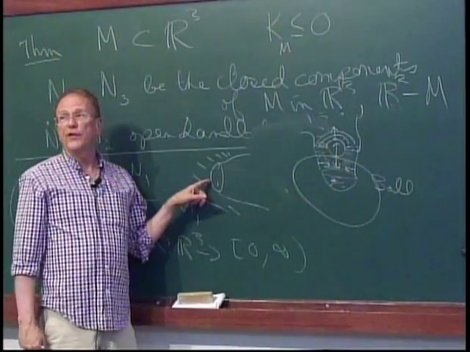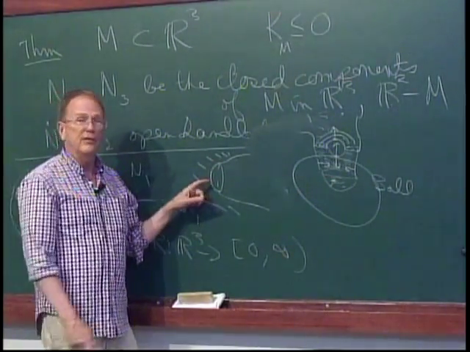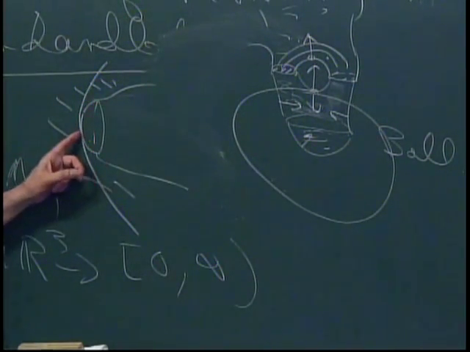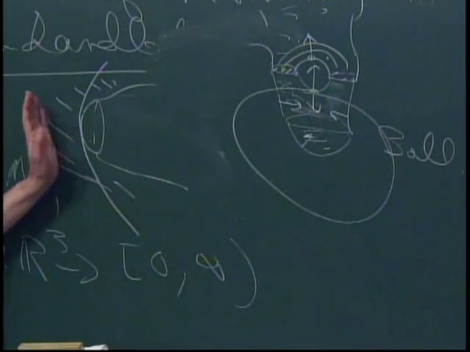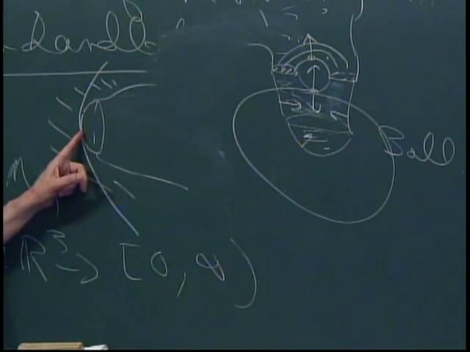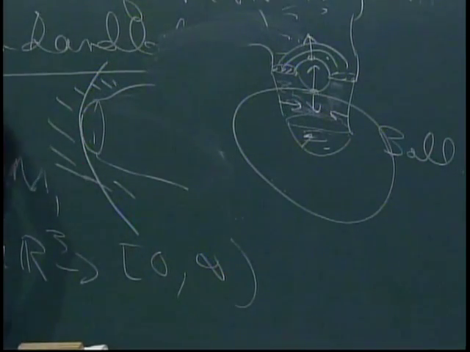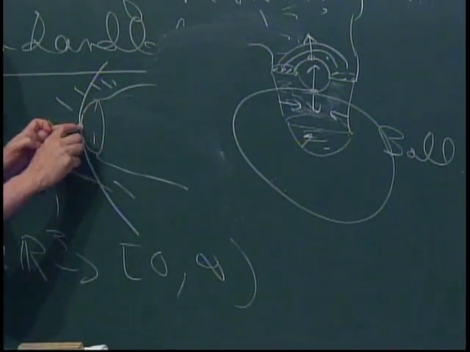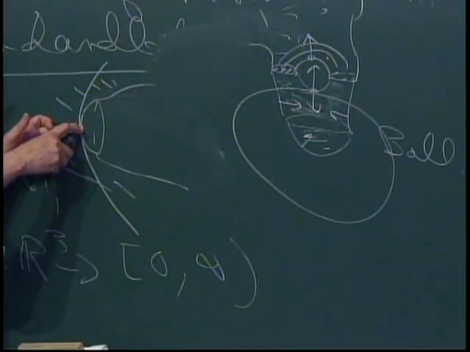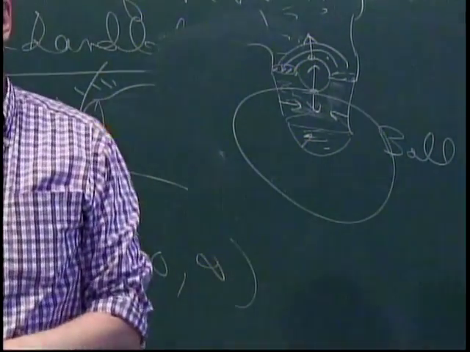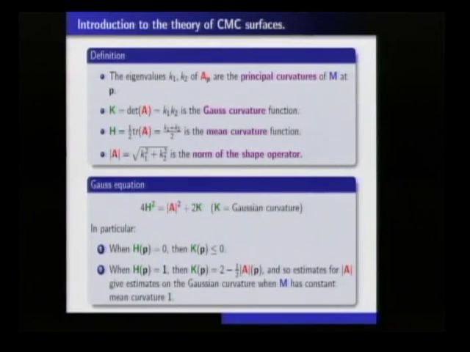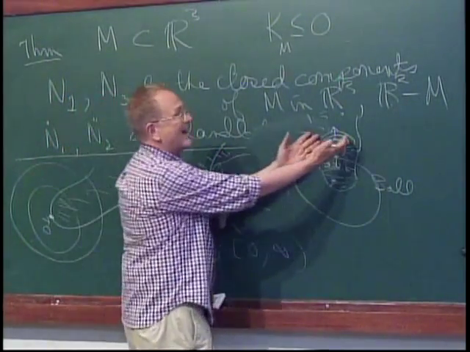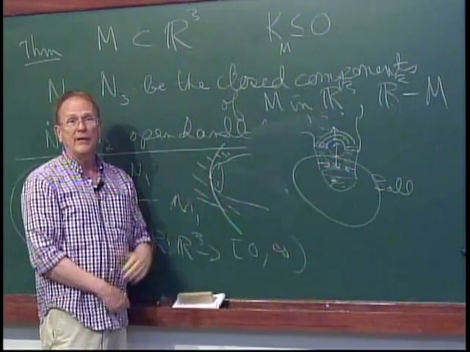But I can't do that if the surface has non-positive Gaussian curvature, because that would mean the surface was inside of a sphere of constant radius here. Well, the second fundamental form of a sphere is just 1 over r, 1 over r. It's positive. So you can see that the normal curvatures of this surface have the same sign, and therefore the Gaussian curvature would be positive. But we said we had non-positive Gaussian curvature. So you don't get any critical points on the solid region corresponding to attaching two handles.